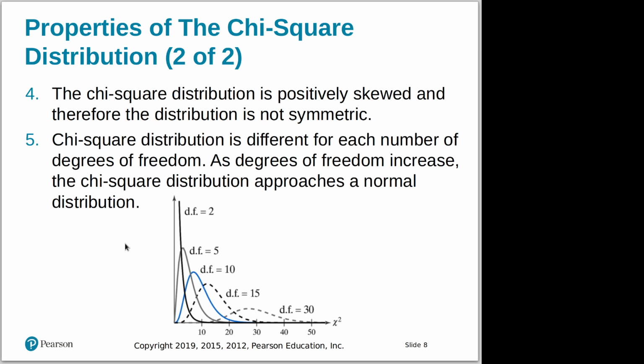And if we notice, getting near 30 degrees of freedom, it starts to look normal. But it is definitely skewed on the positive side. And as there are smaller degrees of freedom, it has a very large spike. So here's 5 degrees of freedom, spikes here and comes across. 10 degrees of freedom, spikes here and comes across. 15, and then 30. And it's known for these really large tails in the distribution,